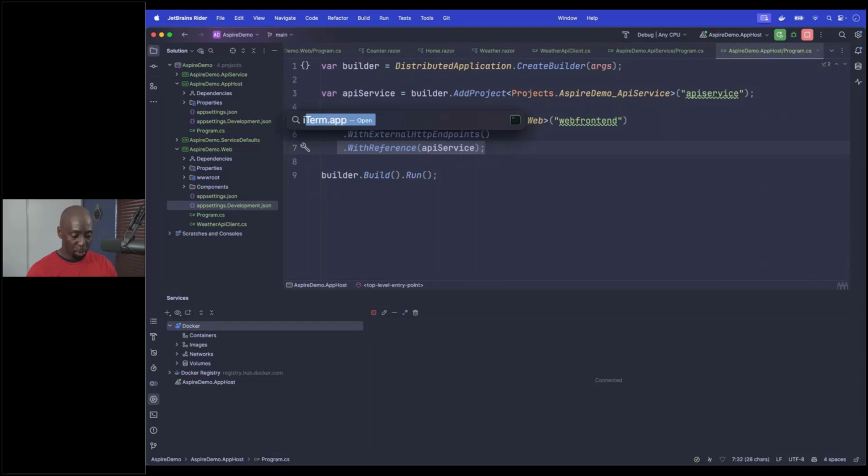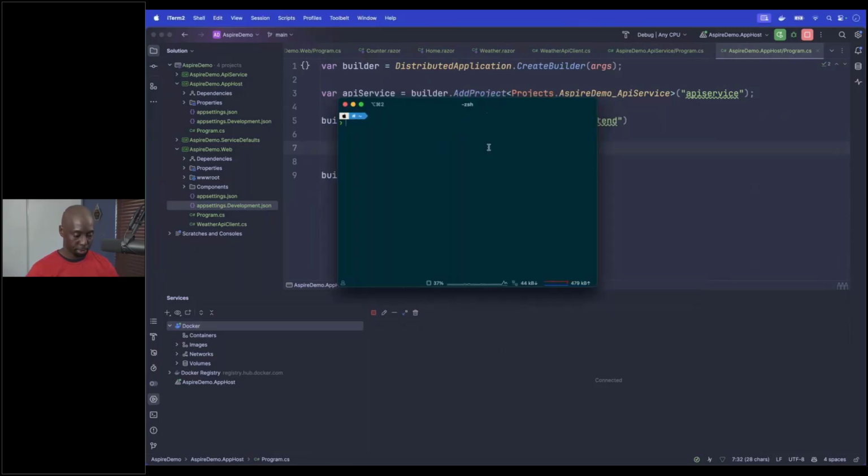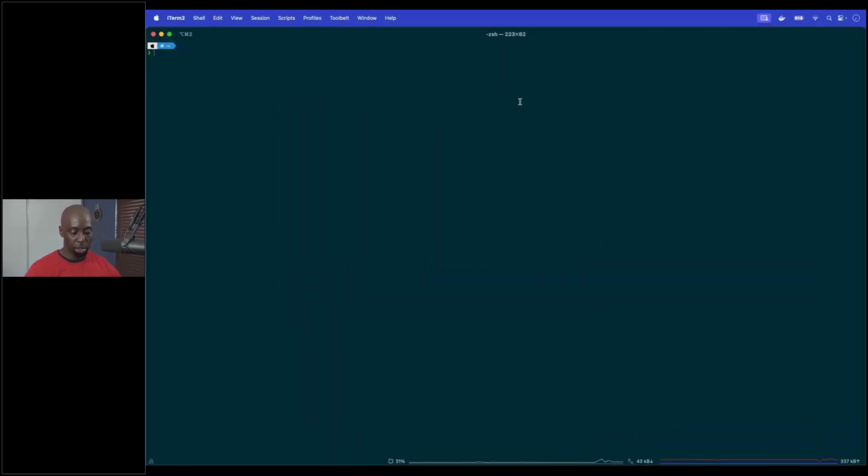If folks are familiar with workloads when it comes to .NET, I'm going to pull up my command line here really quickly just to show you what this looks like. In Visual Studio, this is very different. But if you're on a Mac or if you're working in the command line, you essentially will just do dotnet workload search or list or install or whatever the case is. dotnet workload install aspire.